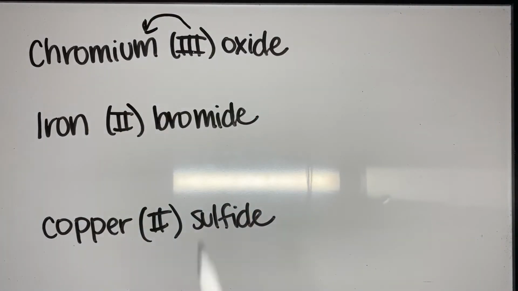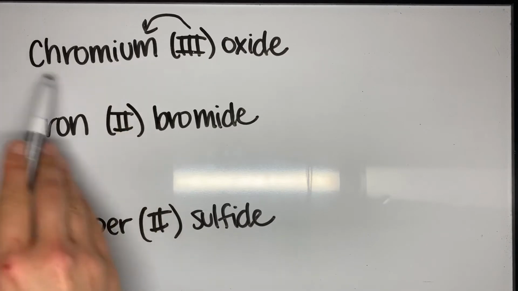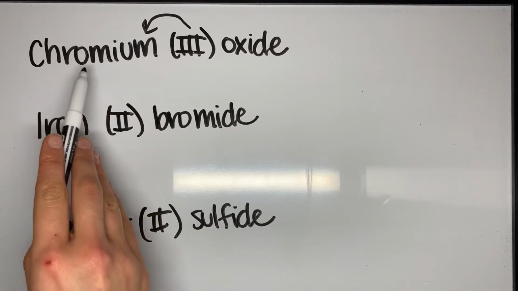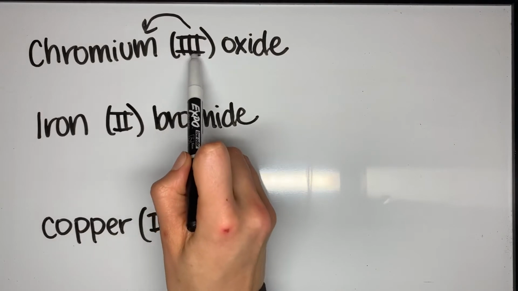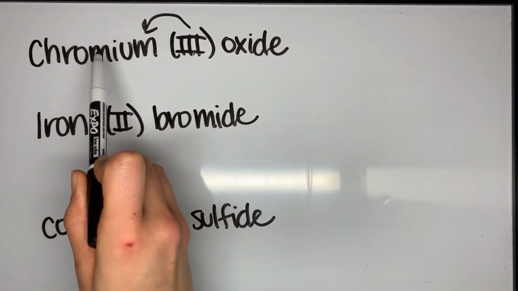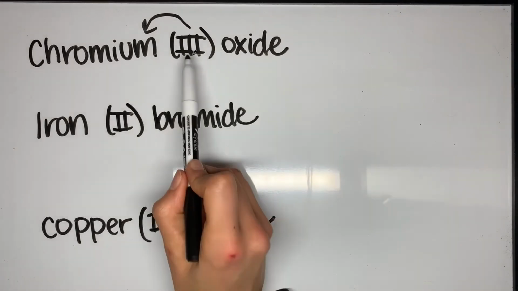So in this case, this is telling us that chromium has a +3 charge, because if you look at chromium's box on the periodic table, chromium can have more than one charge. Same with iron, same with copper. So again, when these are given to you, you are being told the charge of the chromium. You are not going to be able to guess and guess correctly 100% of the time